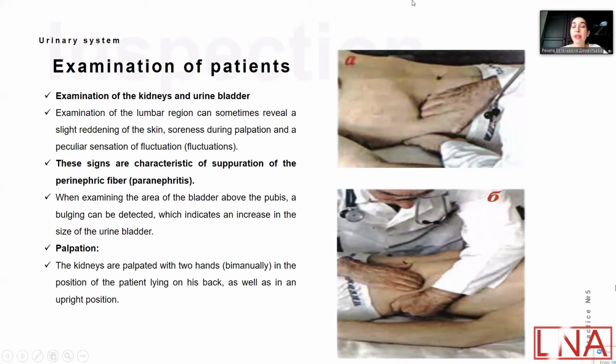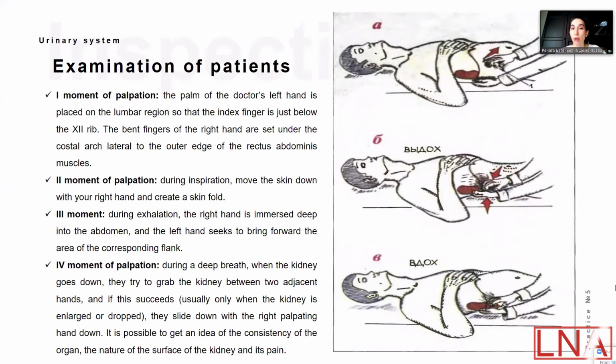And in this picture, you can find the method of palpation of the kidney from the right and from the left side through the anterior abdominal wall. And surely we can separate it into usually 4 moments of palpation. First moment of